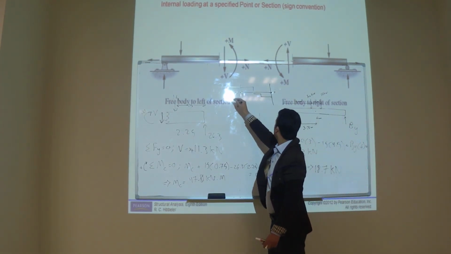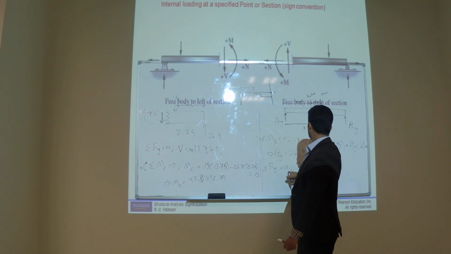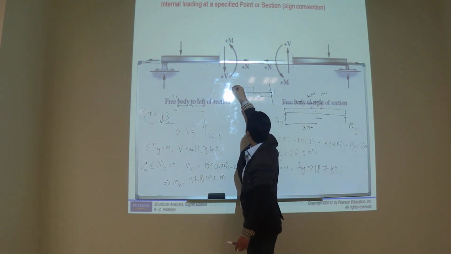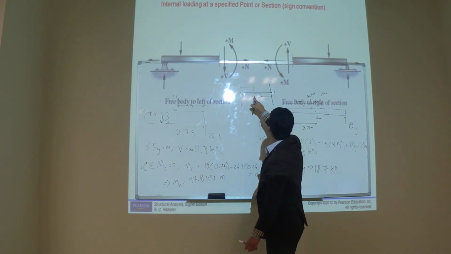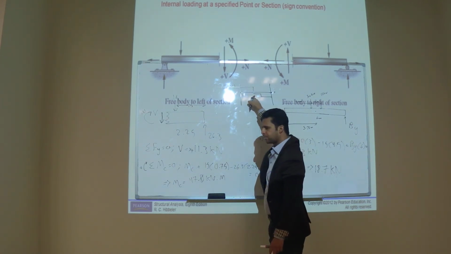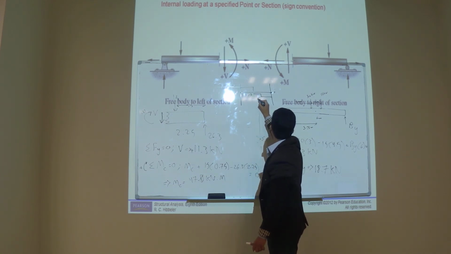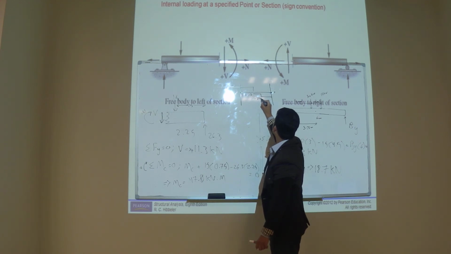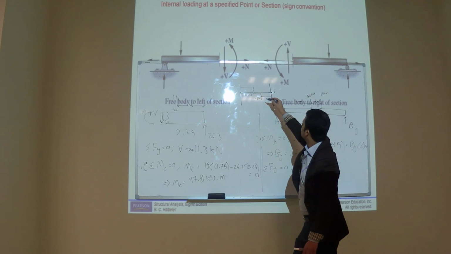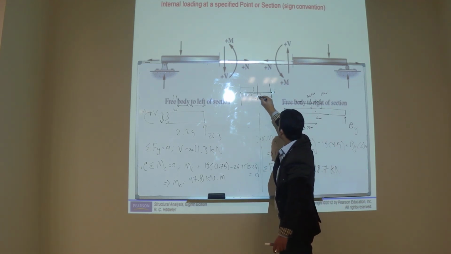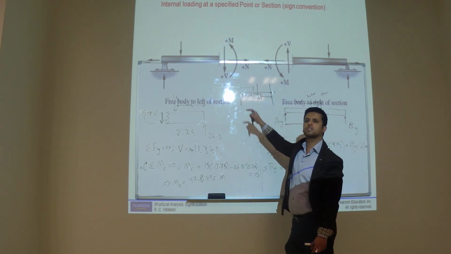And this shear value is, AY is how much? 18.7. 18.7 minus 30, it will be how much? 11.3. And then it will become minus 50. And then it will become, so at point C, the shear is minus